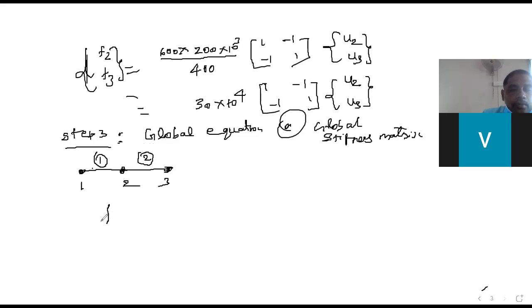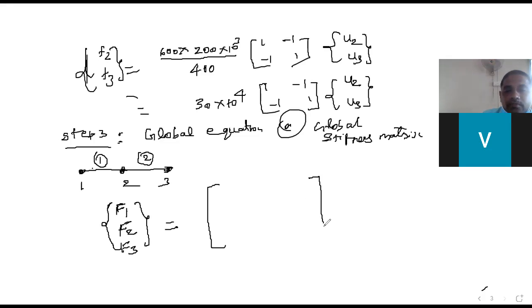In case of global stiffness matrix, you have to consider it as a whole instead of having single elements. So how many nodes will we be having? Totally we will be having 3 nodes. So put F1, the capital letter. F1 is the force in the first node, F2 the force in the second node, F3 the force in the third node. Is equal to, what you have to do is assemble both the matrices. You just put an empty matrix here.